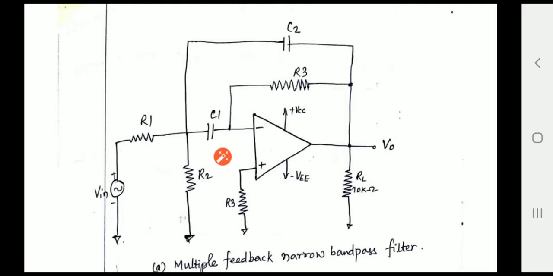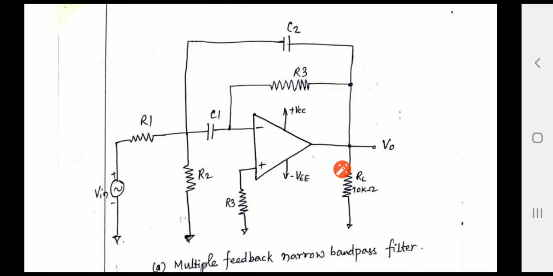In this circuit diagram, Vin is the input signal which is applied to the inverting terminal of the op amp. Hence it is the inverting configuration. Here three resistors are used, R1, R2 and R3, where R1 and R2 are connected in parallel at the input side, and R3 is connected as a feedback resistor between the input and output. Now the second case, it has two capacitors C1 and C2, where C1 is connected in series with the input terminal and C2 is connected as the feedback path.